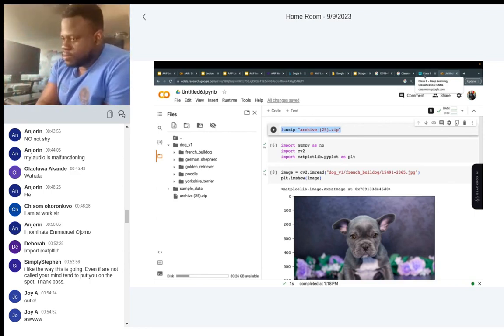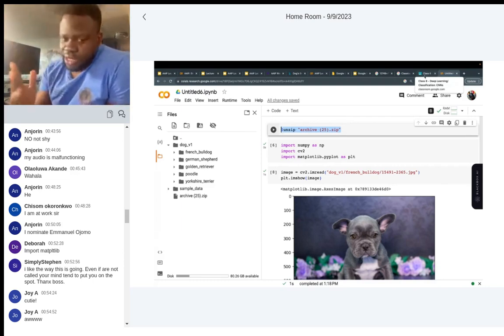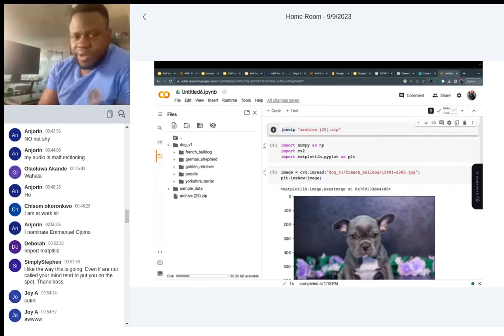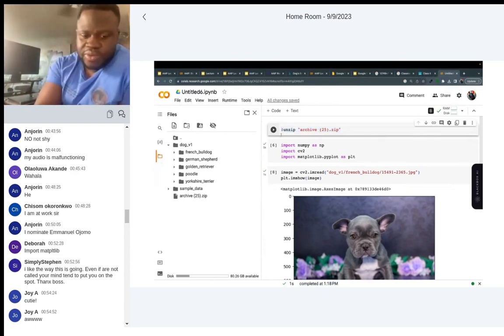This unzip is just a command, like unzip or tree or ls that shows your directory. It comes with the OS itself. So this is kind of like a Linux and Python environment. If you want to type in Linux, you use an exclamation mark. If you type ordinarily, it is a Python environment.